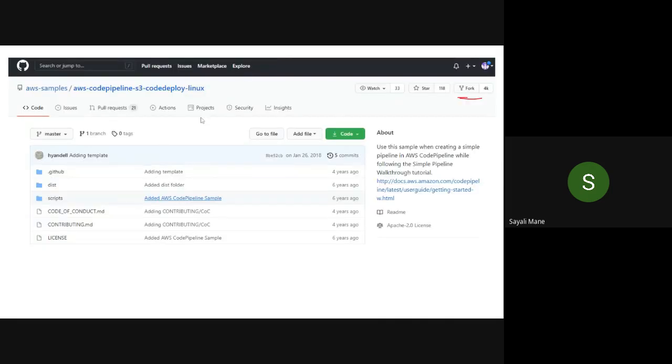You should get a screen like this. Are you getting this screen? So simply type AWS code pipeline S3 code deploy Linux in the search box and open that respective file.